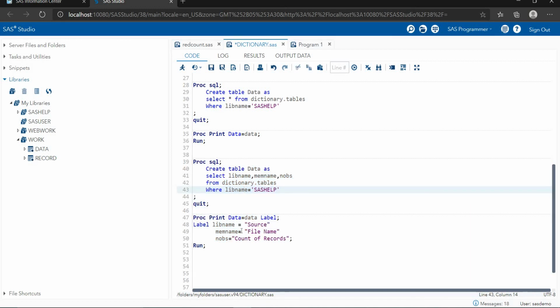You can grab the libraries. If you have particular folders, you're looking for particular folders in particular data, how many observations are available in that particular data, you can grab it with proc SQL and the